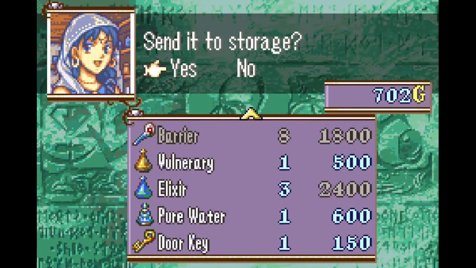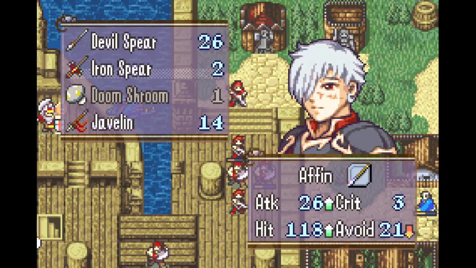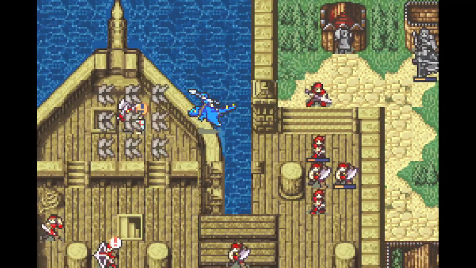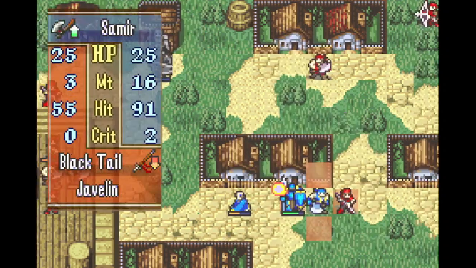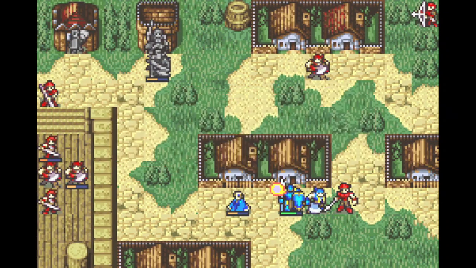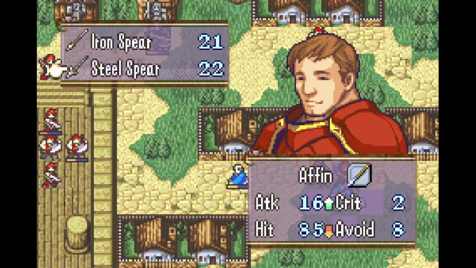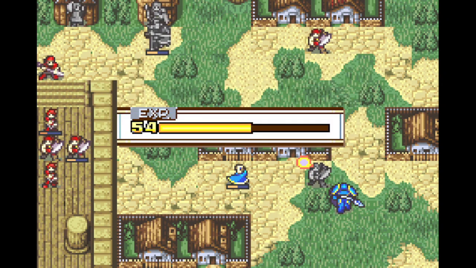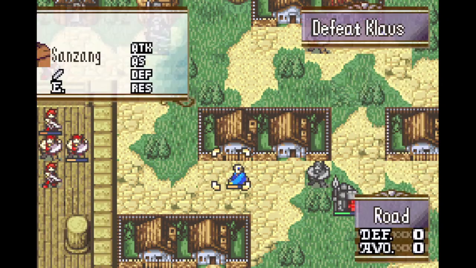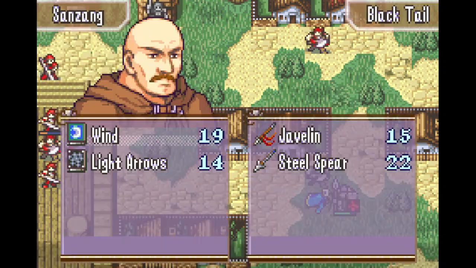Grabbing a barrier, a door key, and a pure water. I could have probably spent a little more here, but whatever. This is going to be a familiar song and dance to anyone who's seen Chapter 1. The old Area of Effect mushroom combined with, this time, the Devil Lance will secure a kill on the boss there. I'm also going to secure a capture on this Javelin guy. That's going to be very helpful going forward. But aside from backfires, I think...